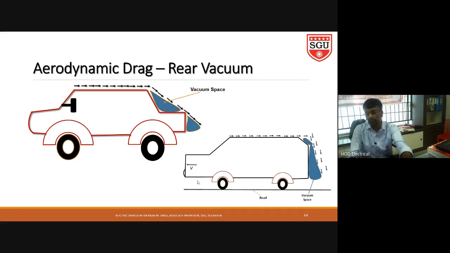That's what I want to conclude. So this is due to the shape of the vehicle. We have to design so that the frontal pressure is reduced, or otherwise the backside vacuum space is reduced. Therefore, the pressure difference will be reduced. It will improve the performance of the vehicle. That means it will reduce the aerodynamic dragging effect of the vehicle. Automatically, it will improve the tractive force of the vehicle. Efficiency also will increase.